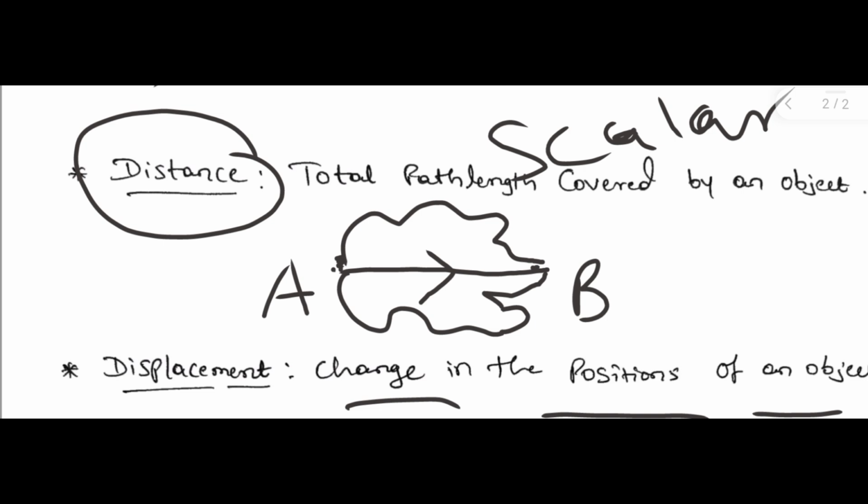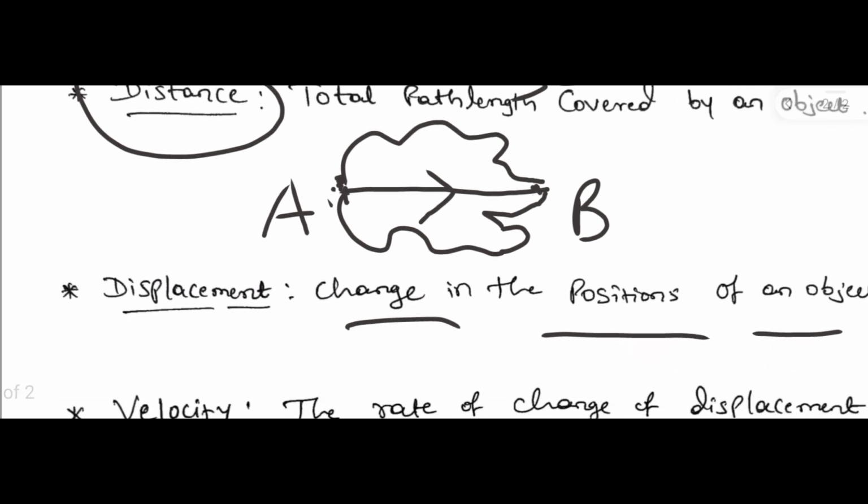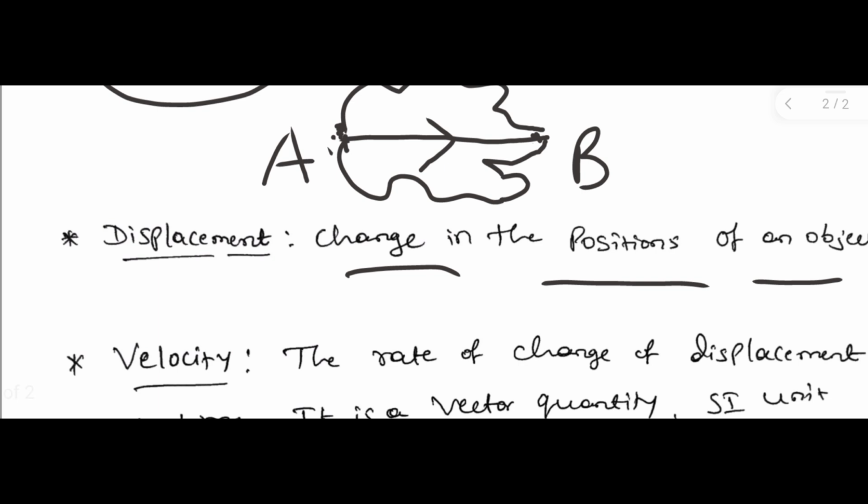Displacement is the change in position. Initial position is A, final position is B. Change in the position of an object is a vector quantity. Next one,